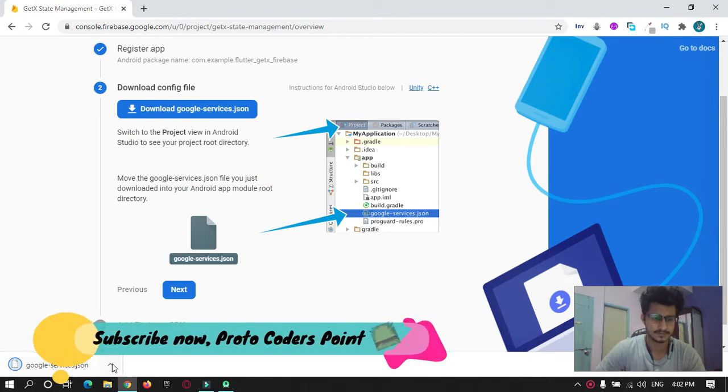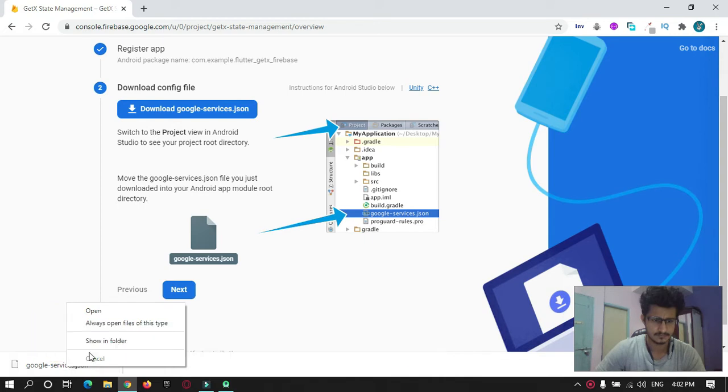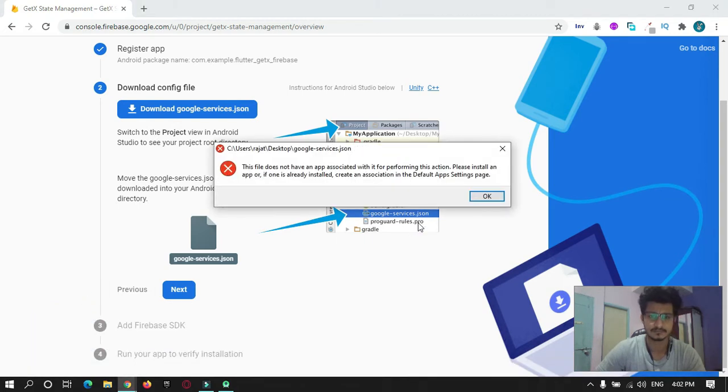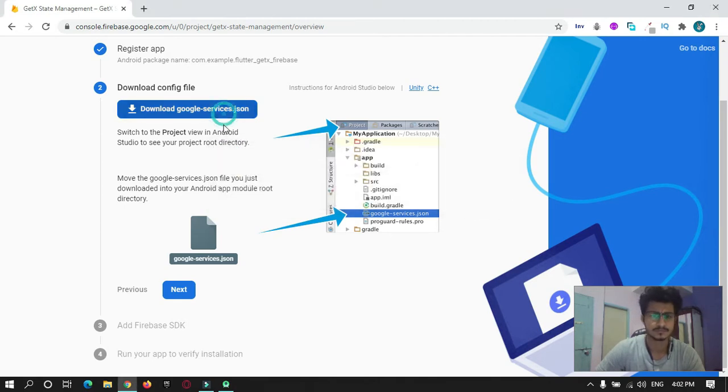What is it showing? One second, download it.